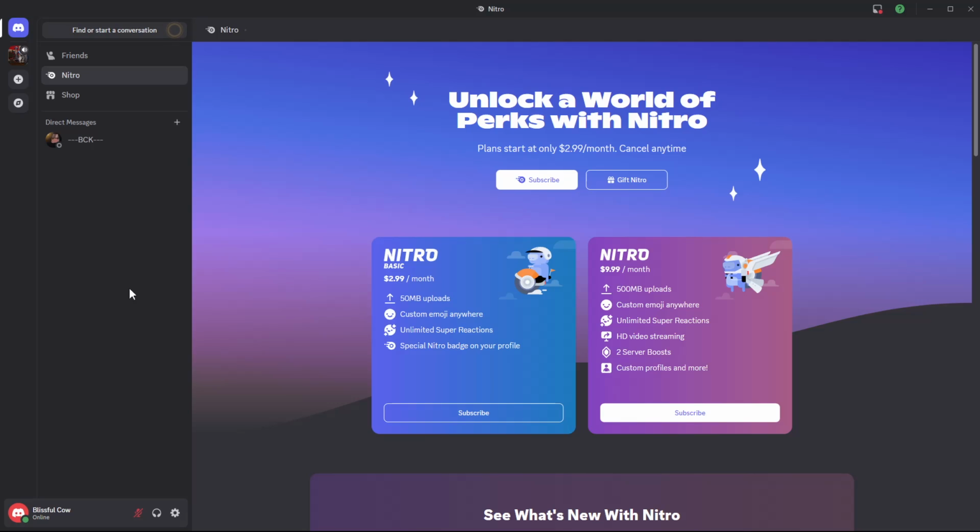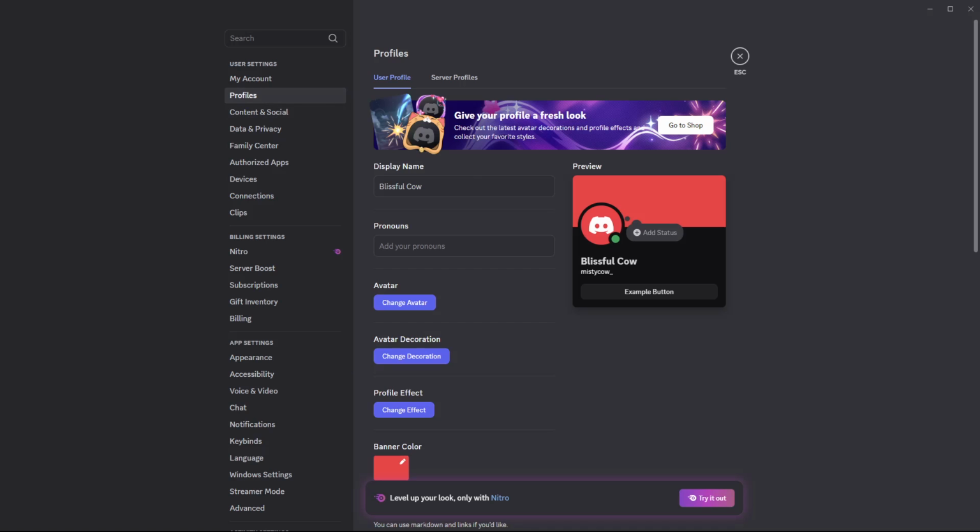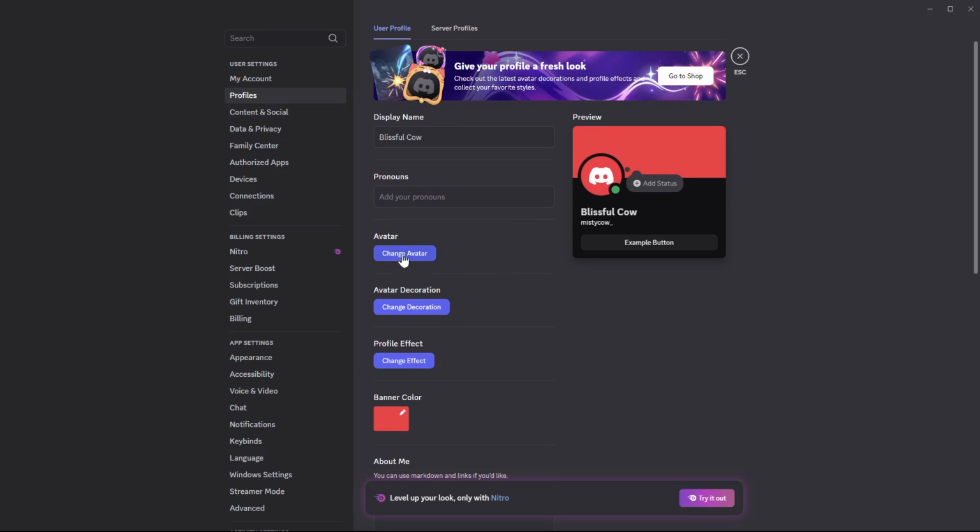So all you have to do is simply launch the Discord application on your PC and sign into your account. And then from here, all you have to do is click on the settings icon at the bottom left corner next to your profile name. So click on it. And then from here, simply click on profiles. And then within the profiles, scroll down and find the change avatar option